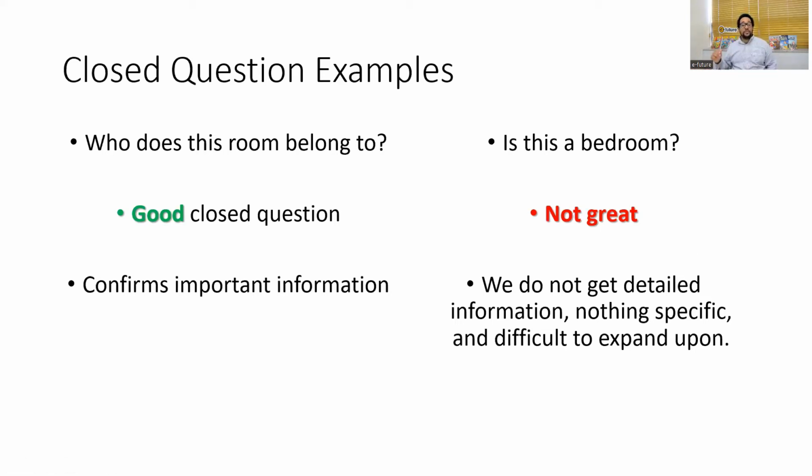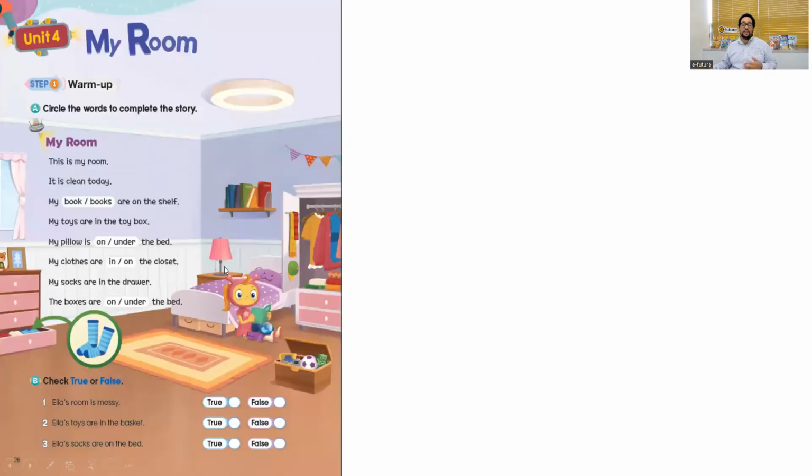What we can do to fix this question though is avoid yes answers. So we can change this to, is this a kitchen? And the students are going to say, what? You can go and look at the picture. No, they're going to say, no, this is not a kitchen. If they say yes,